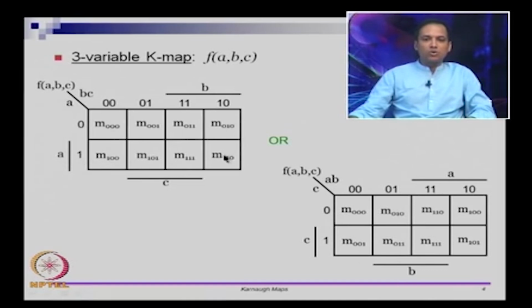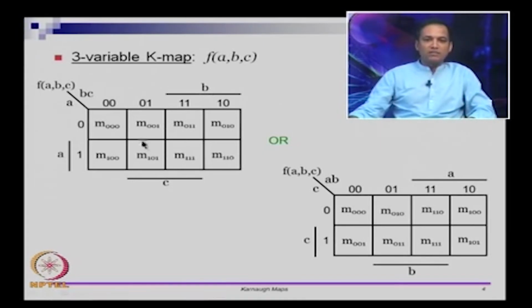Right. So this row corresponds to A equals 1, and this row corresponds to A equals 0. If you go and look at these 4 entries here, you read them as 011, 010, 111 and 110. If you notice, the second bit is turned on, which means for B equals 1, these are the 4 min terms that capture the fact that B is 1, or it is going to be in the uncomplemented